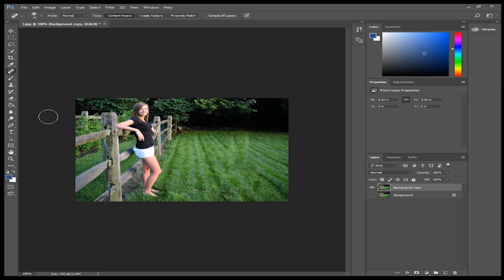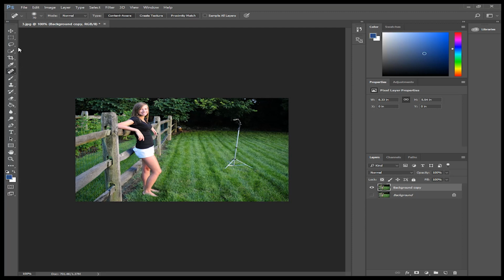If I was to just paint on top of this using the spot healing brush, the way that this tool interprets the data is a little weird. It works similar to the clone stamp tool in the sense that it duplicates things and moves it around, but it creates these weird little wavy blurs and things. So if I just go Control Z and back up,